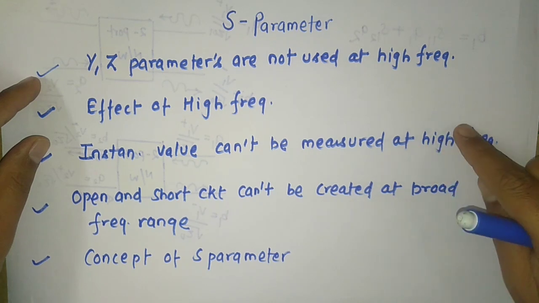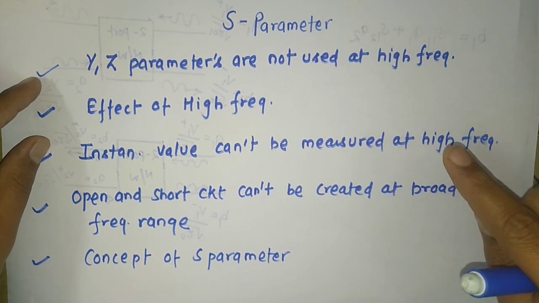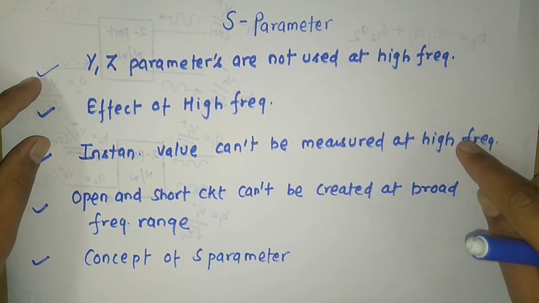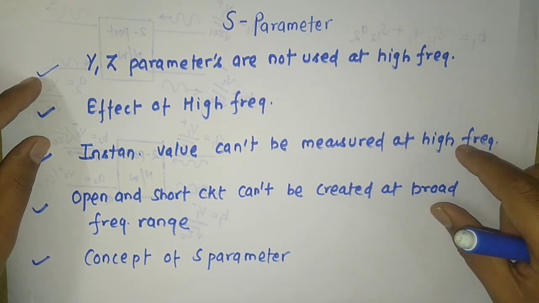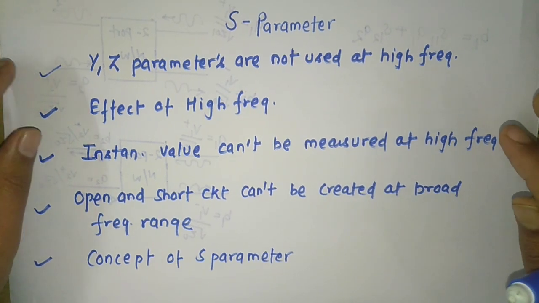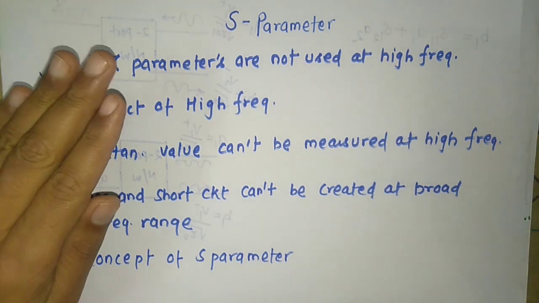Range of frequency means multiple frequencies. For multiple frequencies, you cannot create an open circuit and short circuit. As well, we have noticed that the instantaneous value can't be measured at high frequency because you get a dense type of graph. So this is all about why we do not use Y and Z parameters at high frequency,